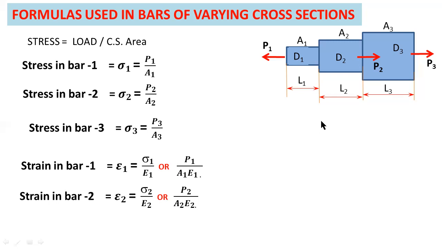Okay, similarly, the formula for strain produced in bar 3 is epsilon 3 equal to sigma 3 by E3. So sigma 3 equal to P3 by A3. So the formula for strain in bar 3 equal to P3 by A3 into E3. So these three are the formulas for strain induced in each bar, and these three formulas are for stresses induced in each bar. Okay, by using these stress and strain formulas, you have to find out the value